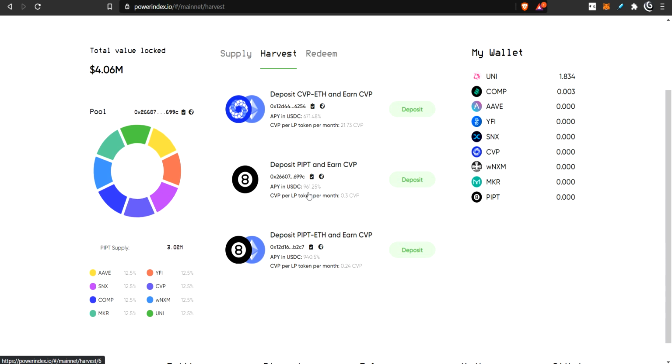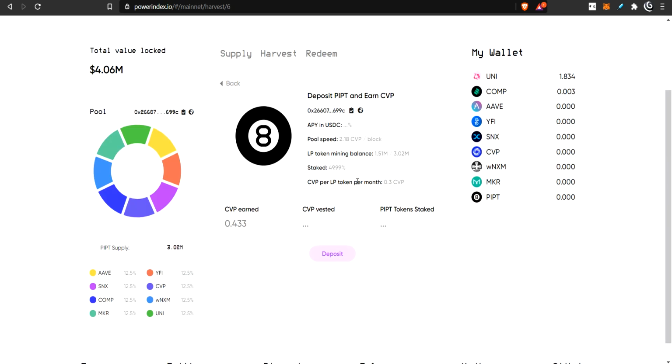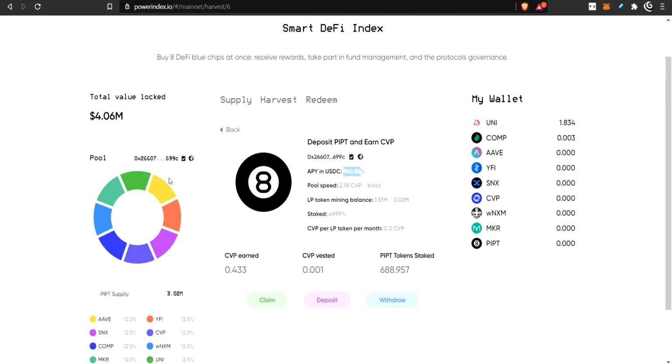Or if you want, you can do what I did, and that's just simply deposit your PIPT token inside here, and you will get this, where's the percentage in USDC? 960%. So it's been a couple hours and I've already earned this. It's a pretty high percentage of CVP being farmed right now because it's early, right? So I'm sure this is going to drastically decrease as people start pumping up this locked-in value and staking these